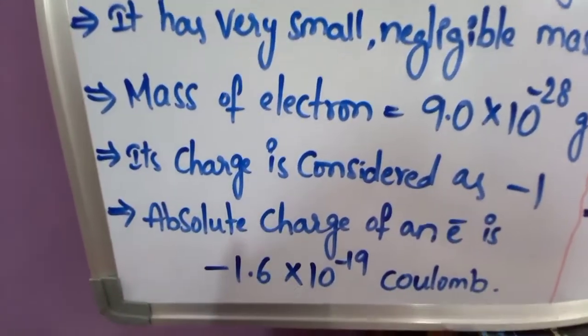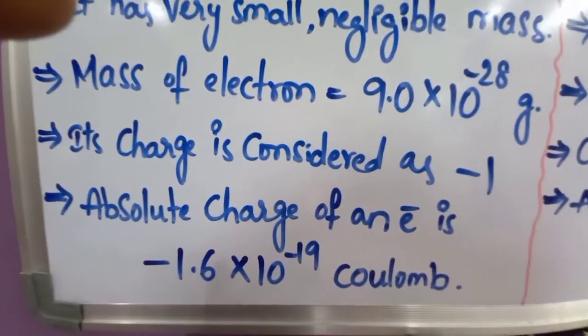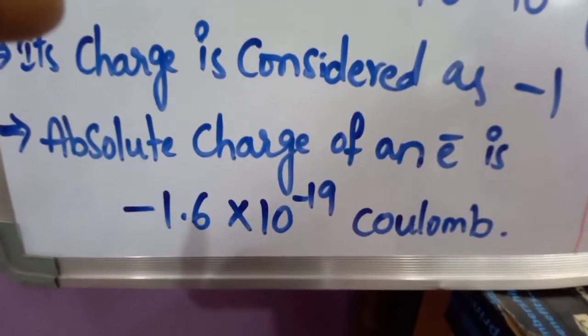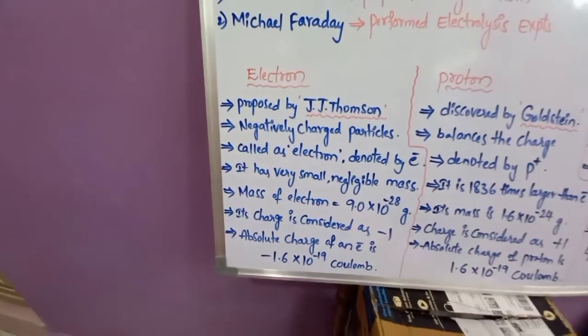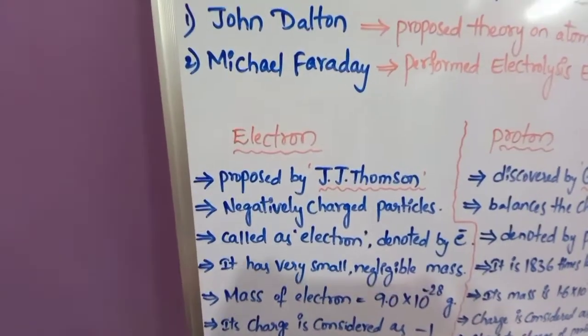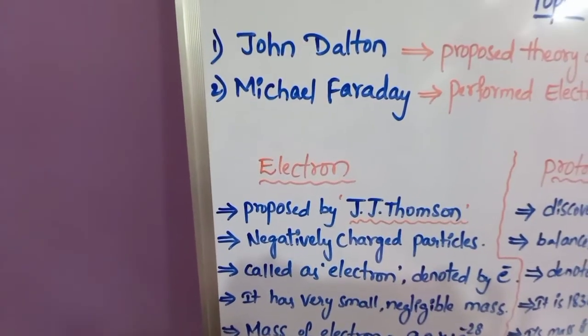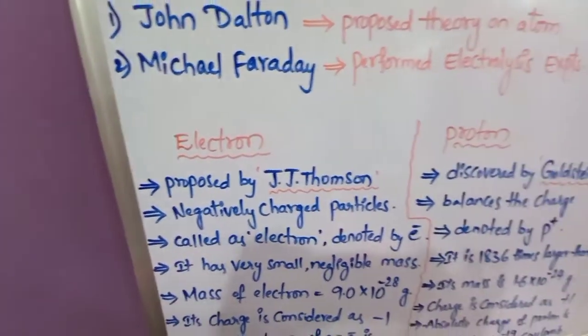The absolute charge of an electron is minus 1.6 into 10 to the power of minus 19 coulomb. These are some of the characteristics of the electron. Basically, they are negatively charged particles, and we should remember that. And the next,